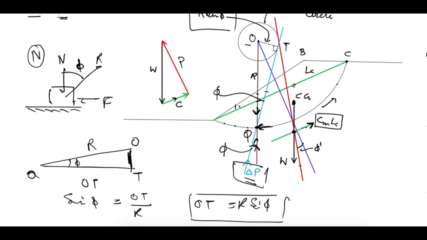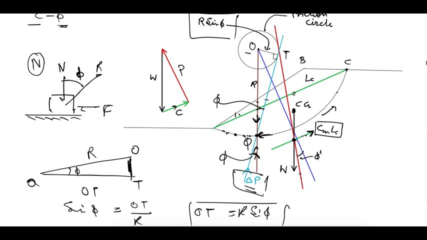So this thing I wanted to add. This is true for any small elementary arc or elementary point, but for a resultant force it is not completely true. We did it for the P force here, so it is not completely true for this force P that it is tangential to this circle, but the error which comes is small or it is neglected. So this finishes our discussion of the friction circle method.